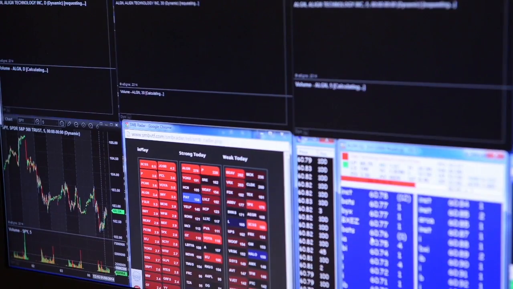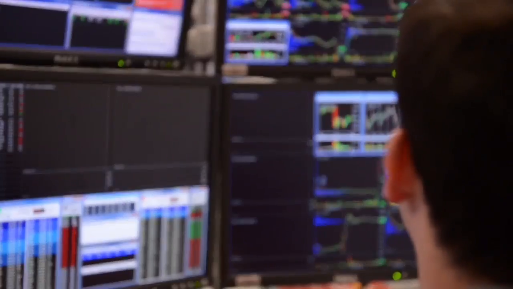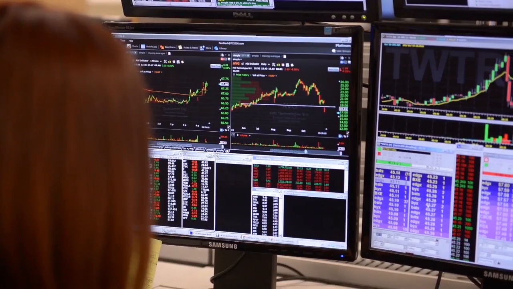Those edges are unique to you, and they change. So the way that I traded when I first started trading is not the way that I trade now. The way that I traded in 2009 is not the way that I traded now. In 2007, not the way I traded in 2003 to 2006. It changes, it evolves. The most important thing about you becoming a profitable trader is learning how to think and develop good risk-reward trades for the present market. We're in a strong market. I promise you, at some point that's going to change. I don't know when, but we're going to have a different market. The market's not just going to go up for the next 30 years the way it's doing now.